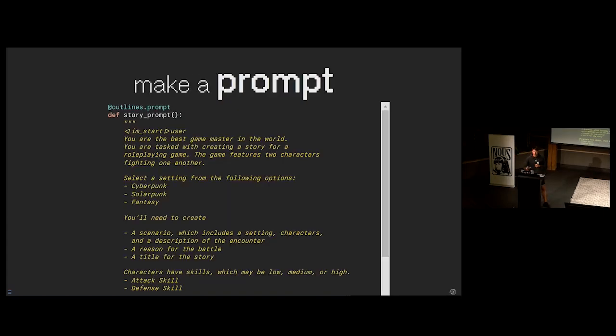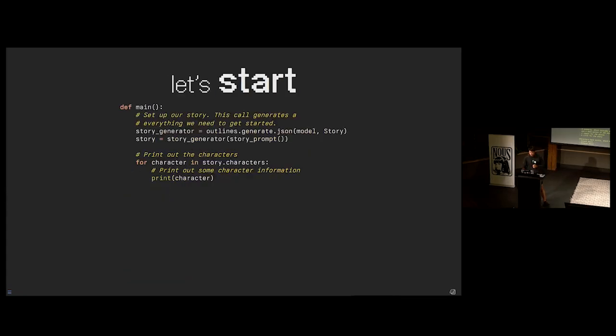So we're going to make a prompt. I'm going to skip over the prompts, but the point here is that you still have to do prompting. Doing structured text does not get you free correct answers. You still have to guide your model to understand what it is trying to produce. It will generate random tokens that are consistent with the structure that it expects, but you still have to tell it exactly what you need to do. Okay? So you still talk to it, but you get a thing out that you can work with in code.